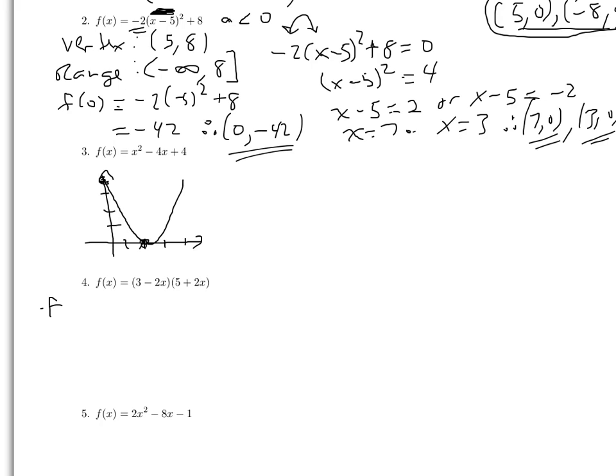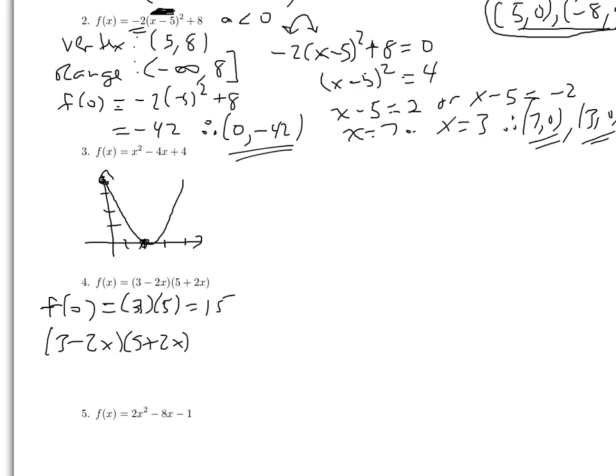intercepts here. So f of 0, for example, to find the y-intercept, that'll be 3 times 5, 15. So very easy to plug 0 in for x. And then to find the x-intercepts, remember that I'm setting the formula